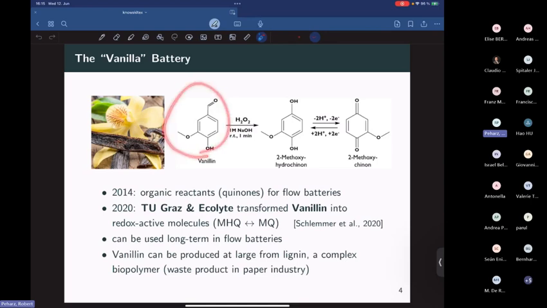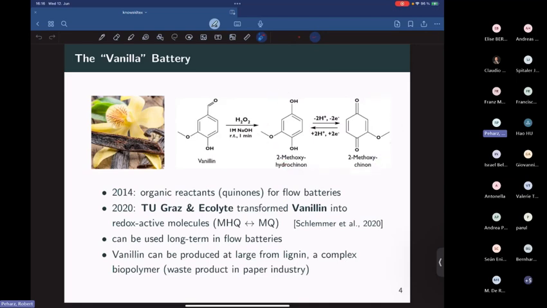Vanillin looks like this, and you can actually transform it into a pair of redox active materials, namely methoxyhydroquinone and methoxyquinone. This should be the reduced version, which in oxidation would donate electrons, and this should be the oxidized version, which would accept electrons. So essentially, by a relatively simple change of this vanillin molecule, you get this pair,